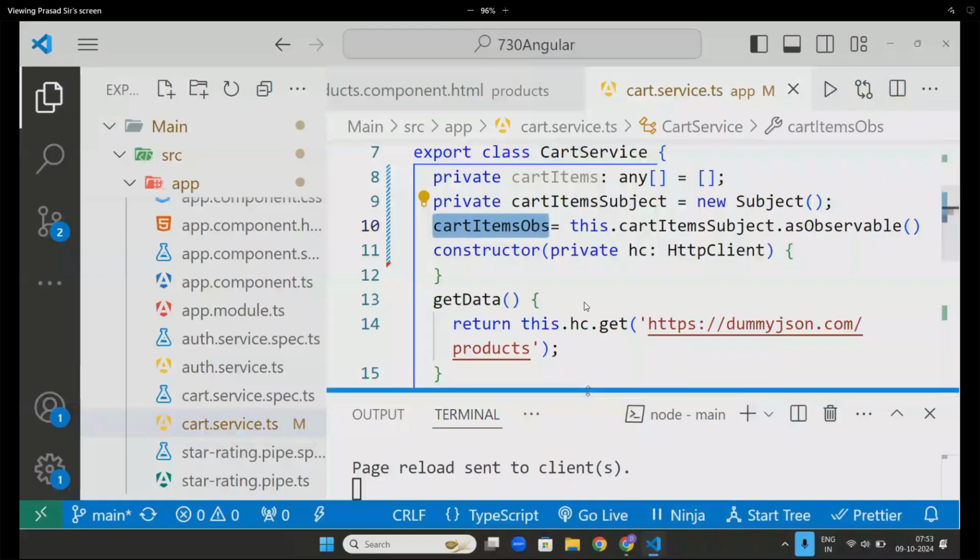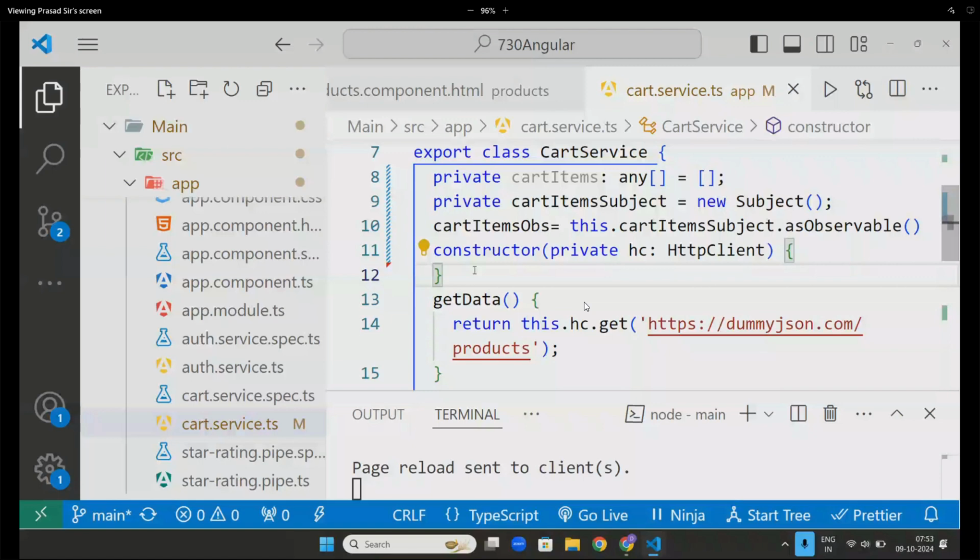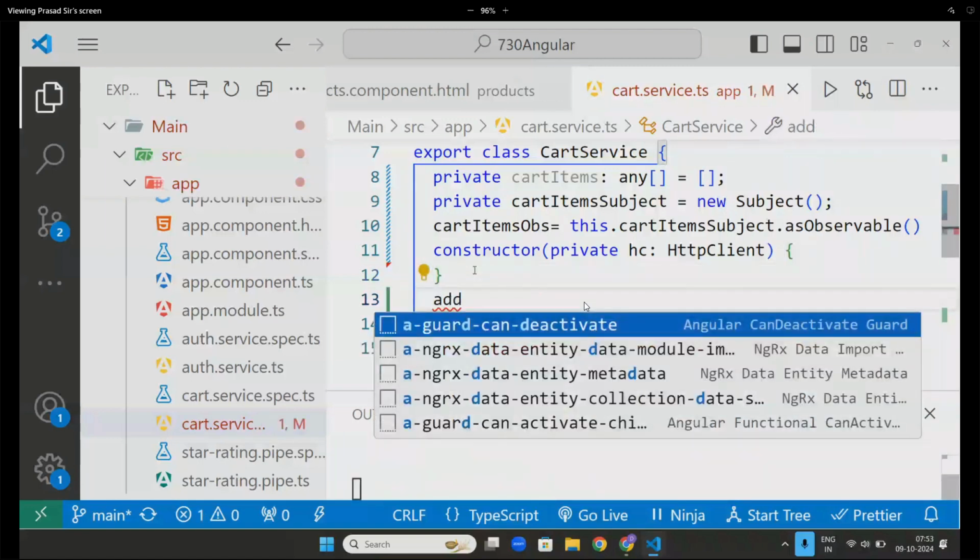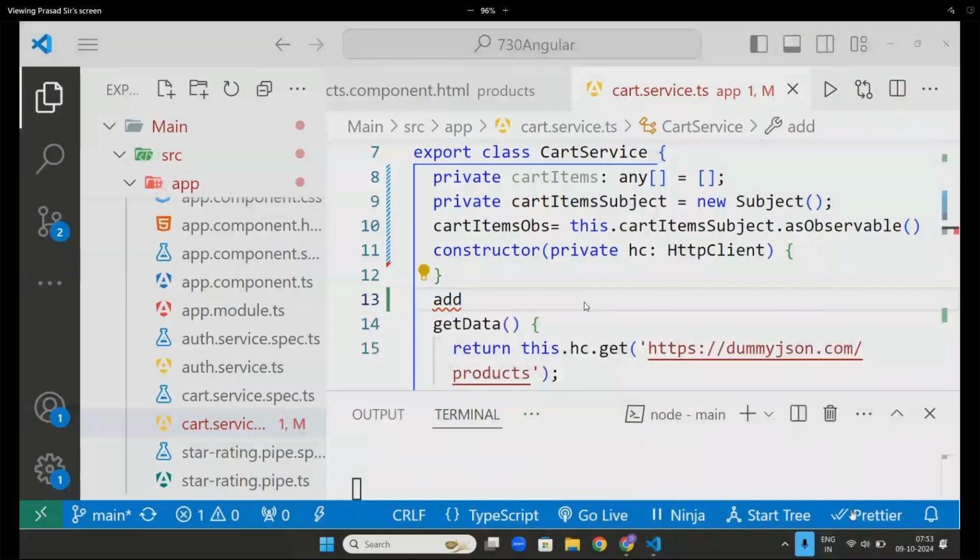Online, is the screen coming correctly? Can you see the screen? It's lagging. Oh, I am using my hotspot. Just a minute.